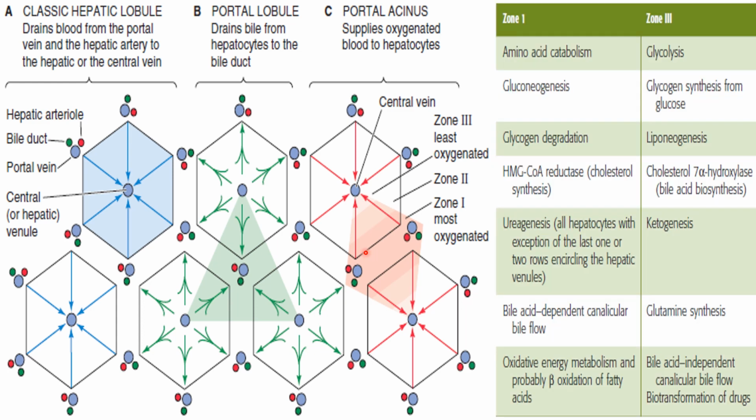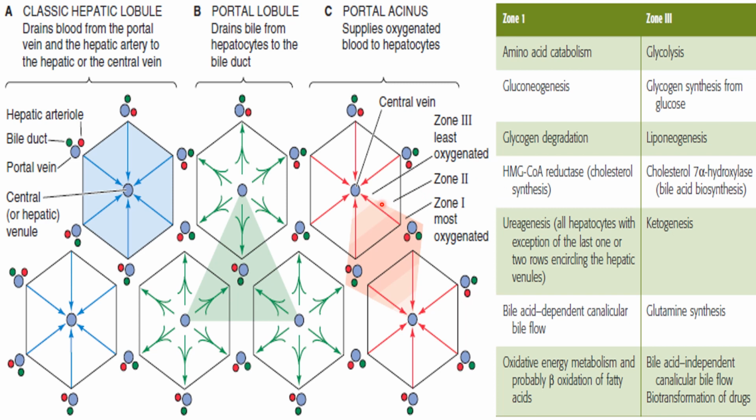Zone 1 does the functions which need more oxygen. The metabolism which requires more oxygen will be done in zone 1, and all the other mechanisms which need the least oxygenation will happen in